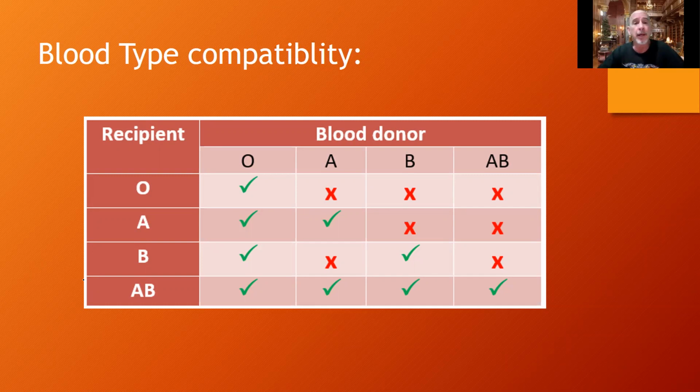So that is why O is so wanted by the blood banks, because we can give O type blood to an O person, an A person, a B person, or an AB person. If you look at that chart, you will also notice that O can go to anybody. But A can get O, or A can get